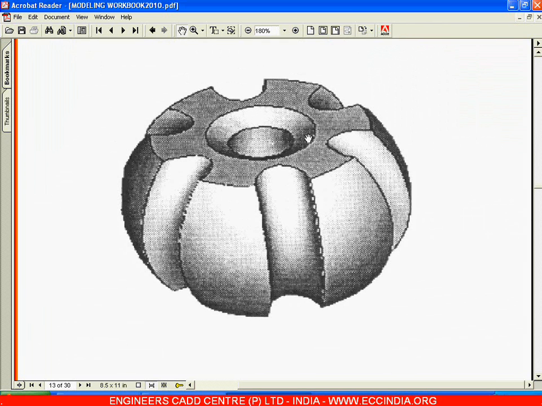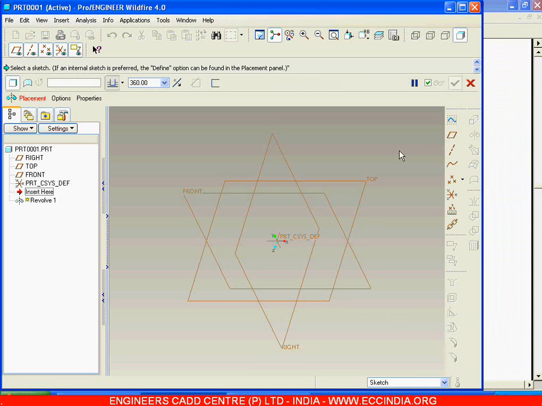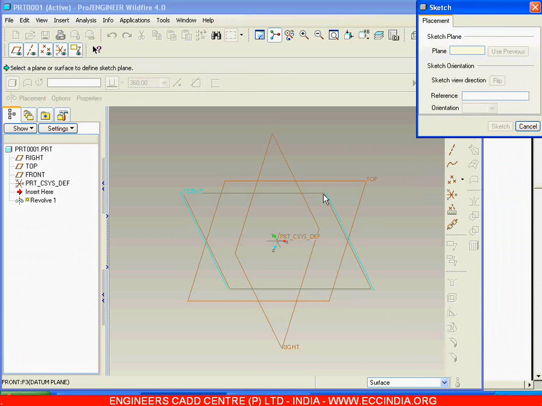Okay, this is a revolved feature, and these cuts can be created by using the pattern method. So one feature can be created and it can be patterned. There are no dimensions, so assuming a small dimension, we can create a revolved feature by using